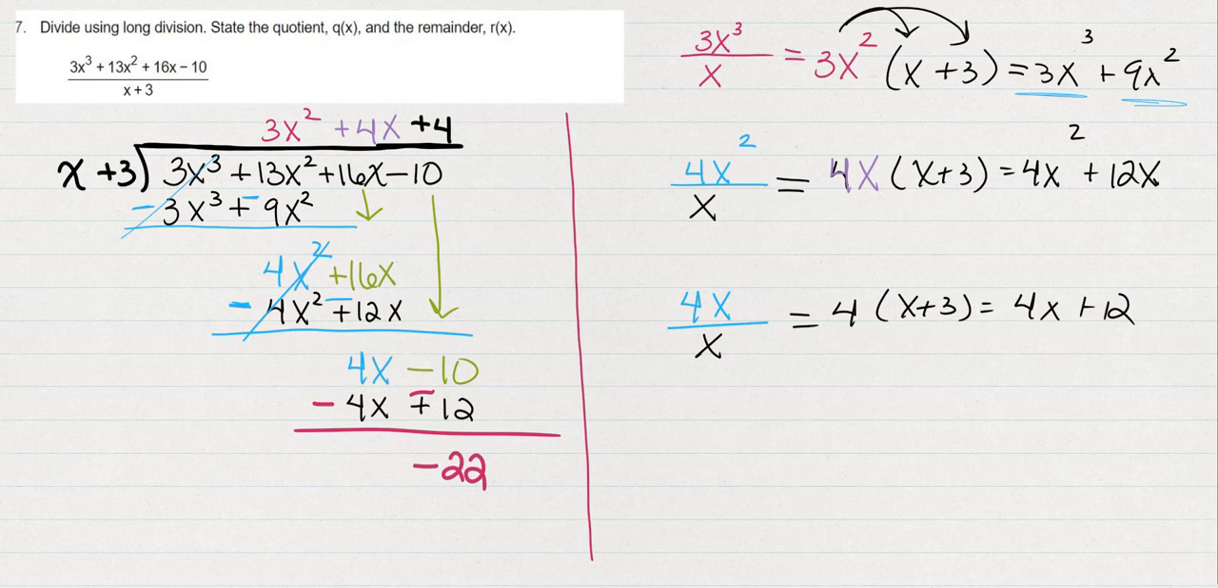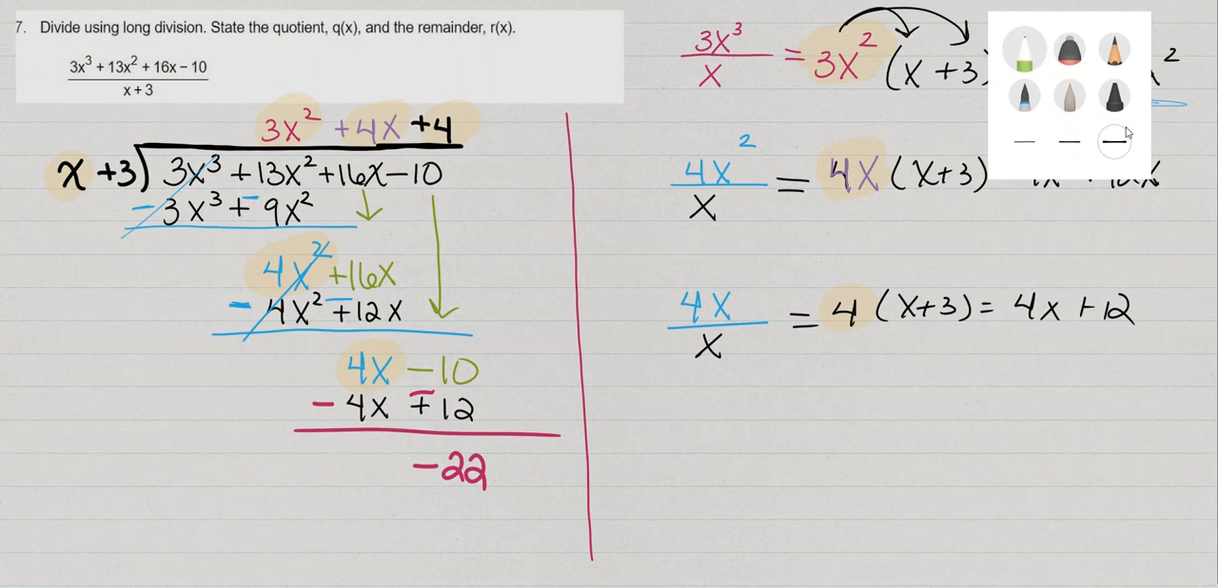Oh, it looks like I forgot to write that 4 up at top, so let me make sure everyone follows where the 3x squared, the 4x, and the 4 all came from. When we did the 3x cubed divided by x, we got 3x squared. When we did the 4x squared divided by x, we got 4x. And then the last one, this blue 4x divided by x gave us the 4. Don't forget to write that 4 up here. And then we multiplied 4 times x plus 3 to get 4x plus 12, subtracted to get negative 22, which is our remainder. So I could write the final answer